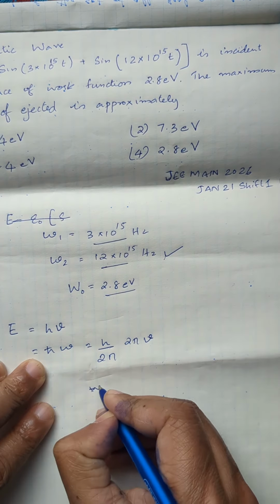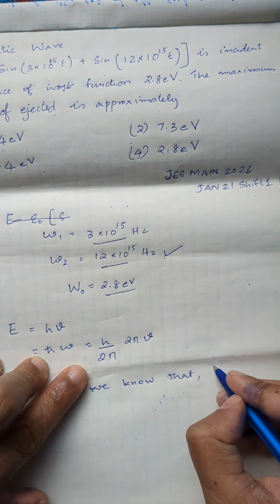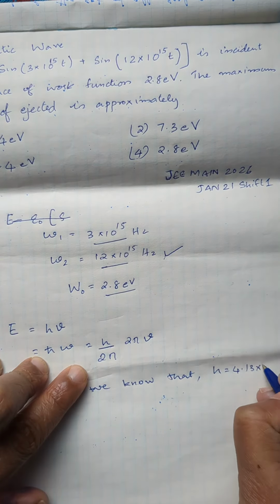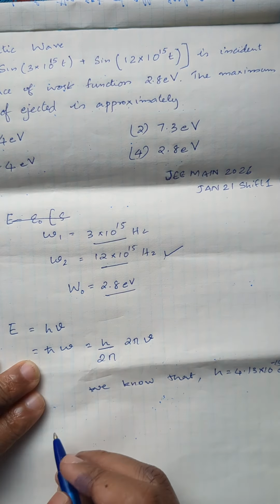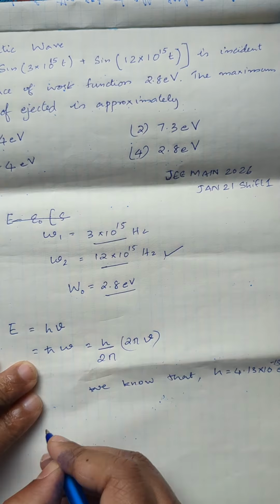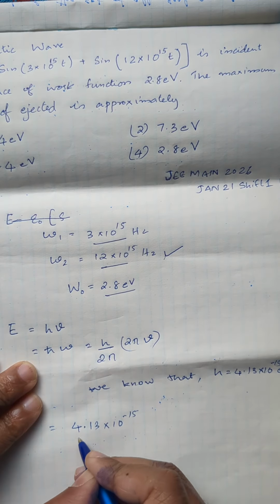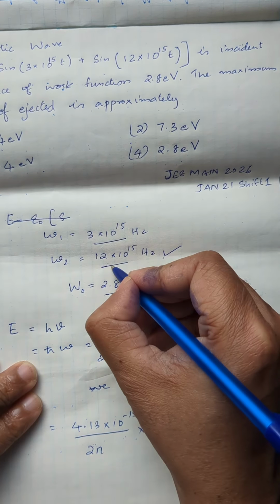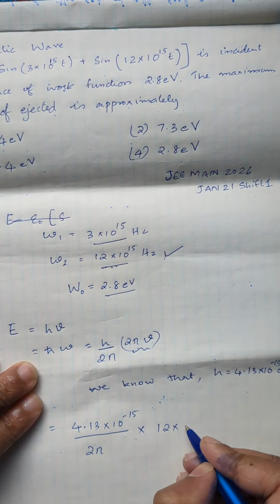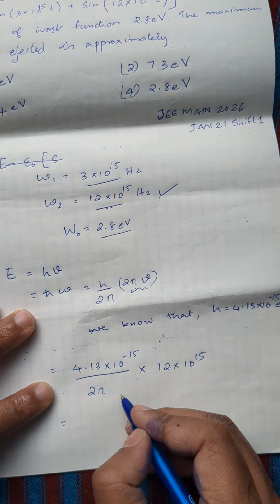We know that the h value, h is equal to 4.13 into 10 raised to minus 15 eV per second, and we can substitute that value over here. So E is equal to 4.13 into 10 raised to minus 15 by 2 pi into omega, where 2 pi nu is equal to omega, which is actually omega 2. We can substitute that value over here, and when we solve it, we get